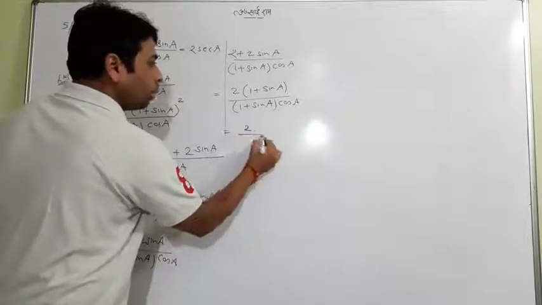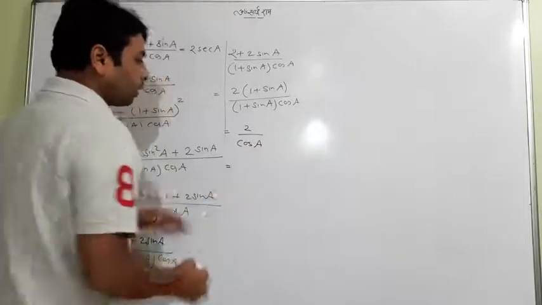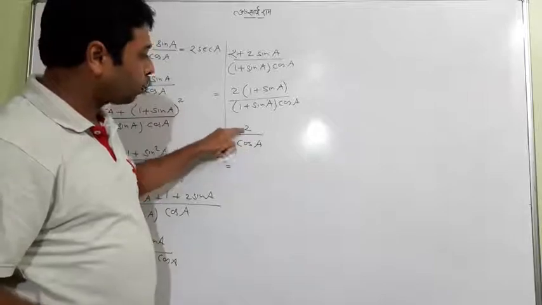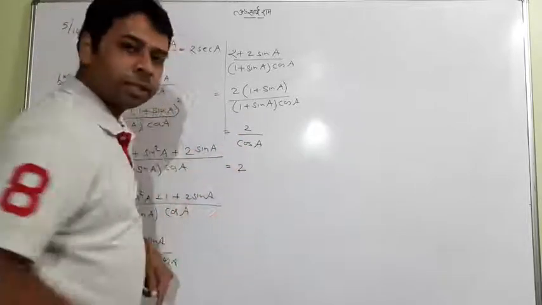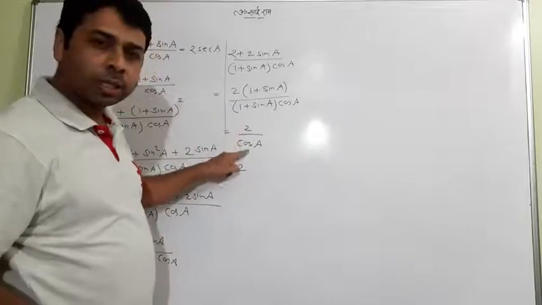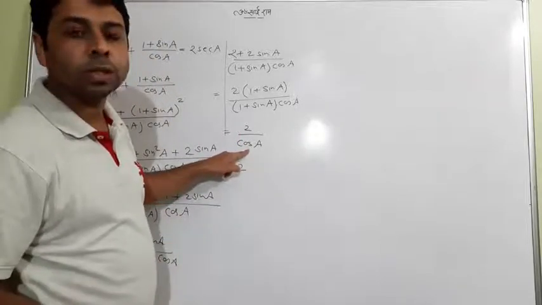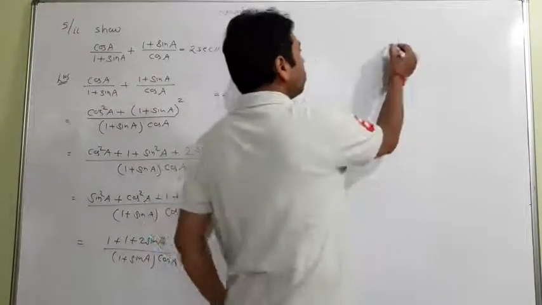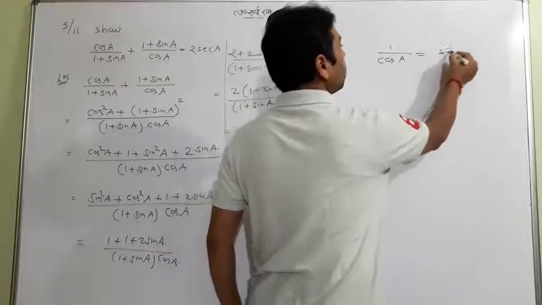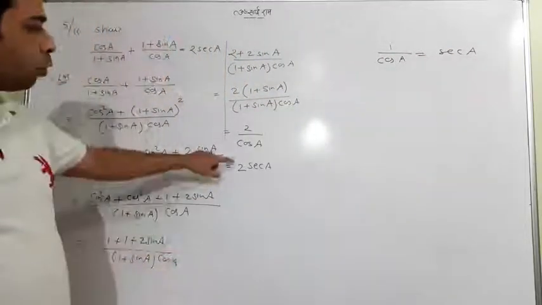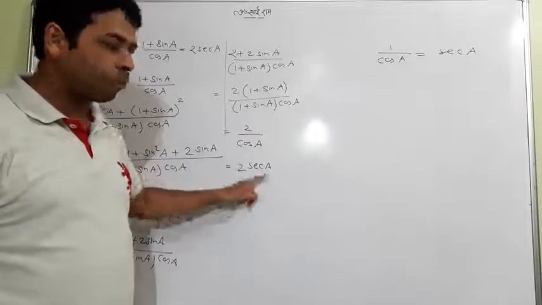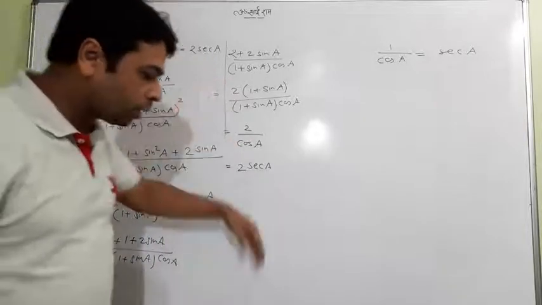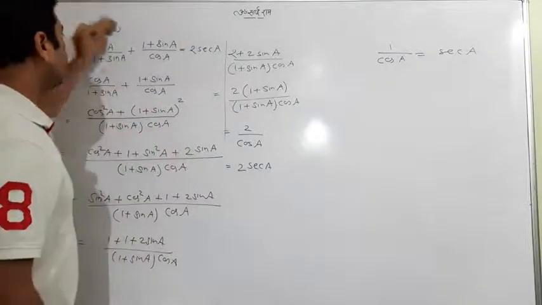The remaining is 2 by cos A, and one should know that cos A is in the denominator, meaning it is simply 1 by cos A, with 2 as it is. It is the reciprocal of cos, and the reciprocal of cos is sec A. So definitely it will be sec A. If you haven't understood that, look here, 1 by cos A is equal to sec A. So I put the 2 same, and 1 by cos A will be sec A. That is a very simple thing. So we have got the right hand side which was required. I think this is a very simple question depending on the identities.